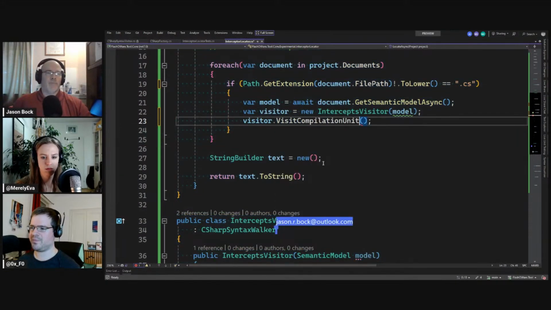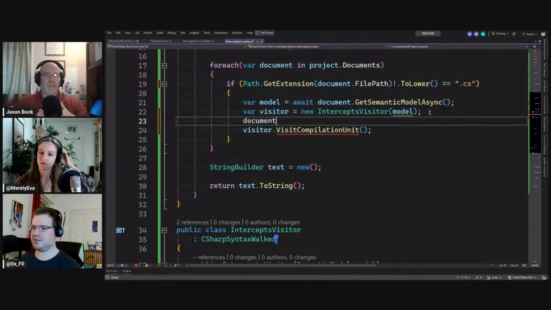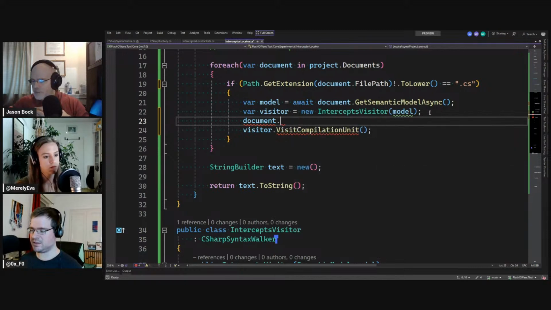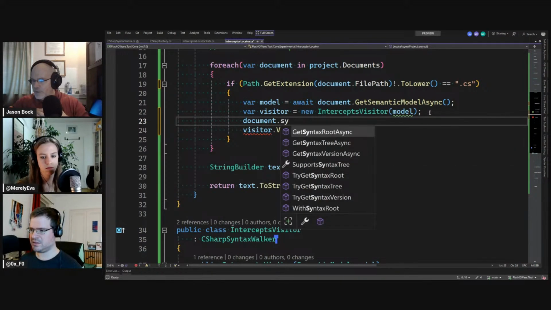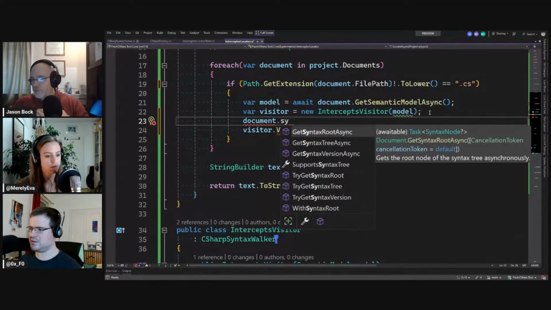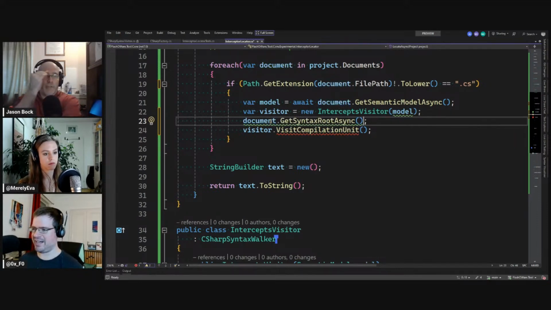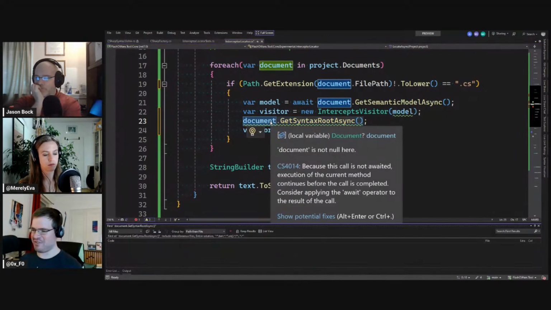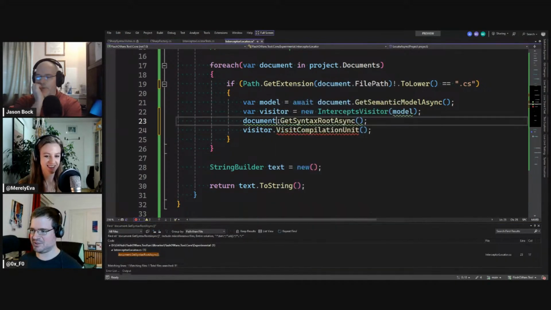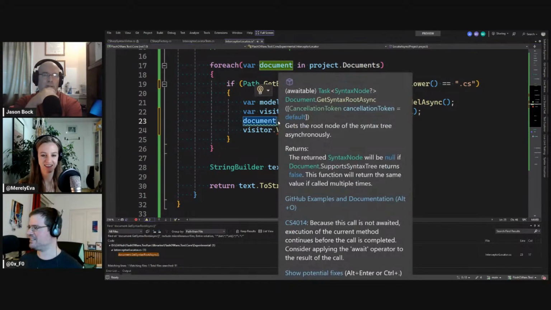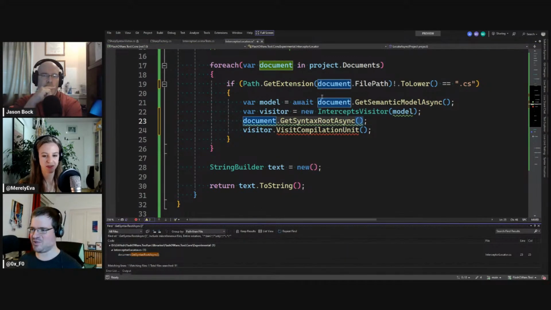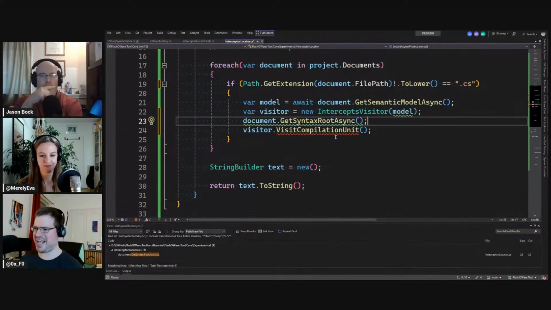So you could pass that to visit compilation unit, and then you've got to get the compilation unit from that document, which is root, I think. Or is there a compilation unit? I can't remember with the syntax tree. There's a syntax root, and then that's a syntax node. I don't know if there's a specific way to get the compilation unit. I have a déjà vu. I think we just casted it back then. Really? Okay. This is where David helped us. I can't find the usage, but I have this feeling we just casted it.